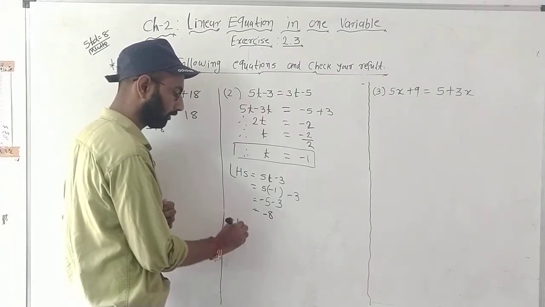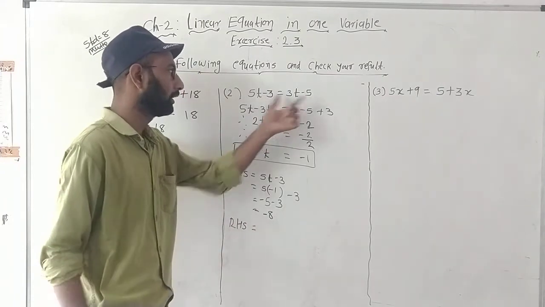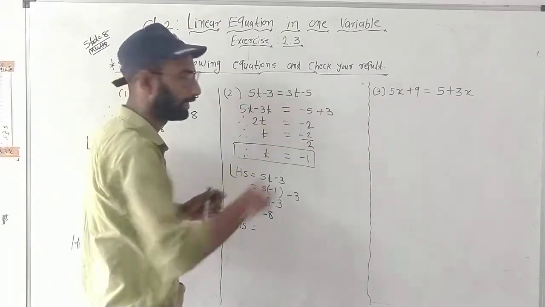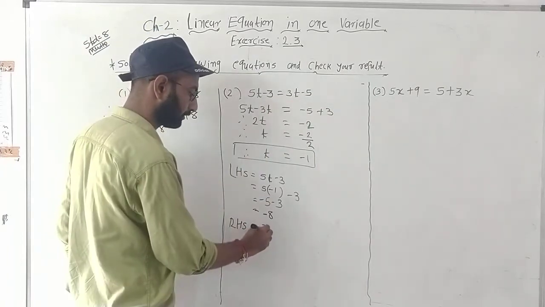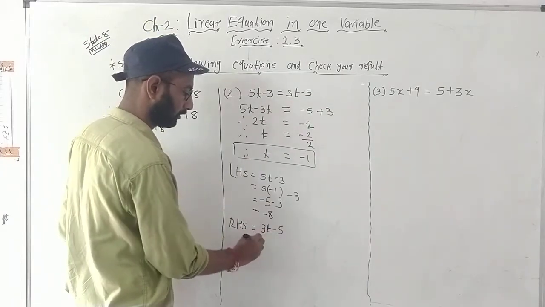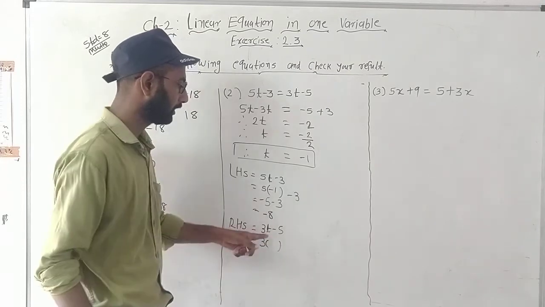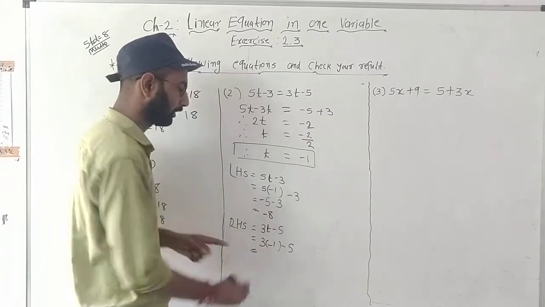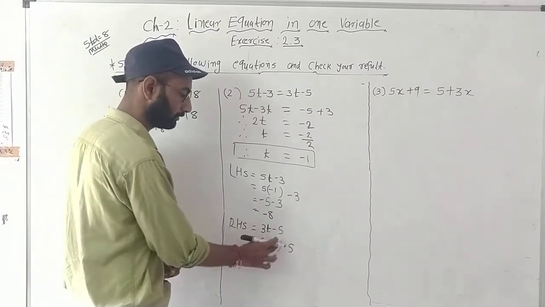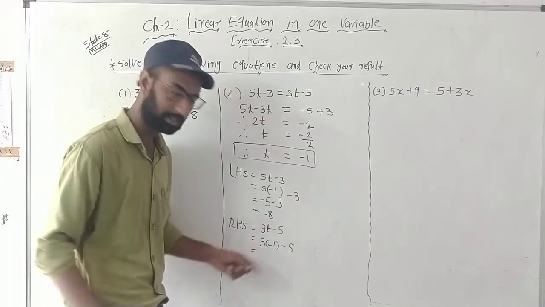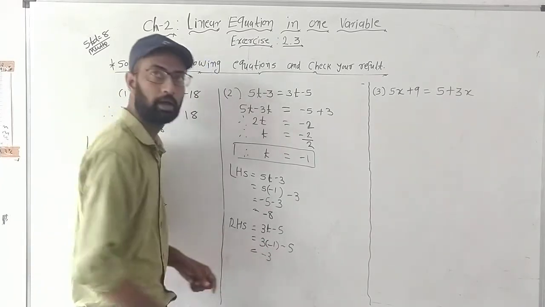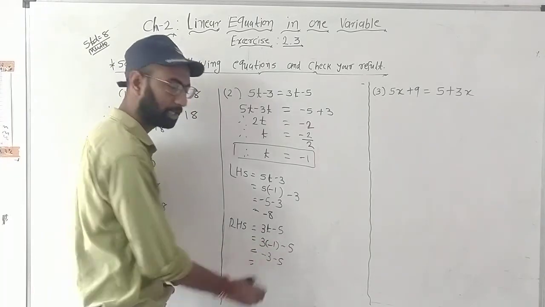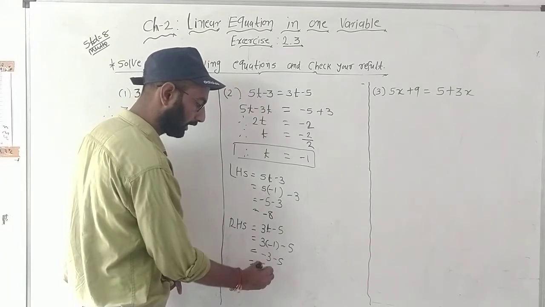Let me check what is the value of RHS. RHS है, सॉरी, जो इक्वालिटी की साइन है उसके राइट साइड वो है 3t - 5. Okay. In the place of t, I will put -1 again. 3 1s are -3 and -5 as it is. So 3 minus minus plus, 3 plus 5 8 and the sign of minus.